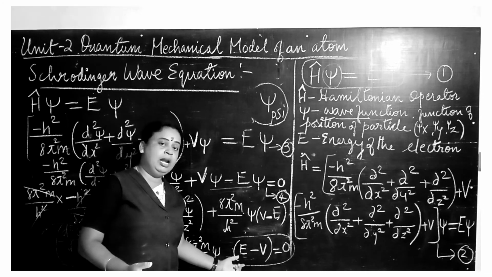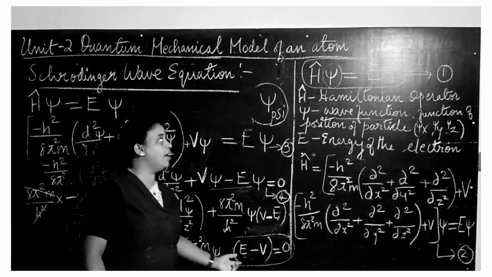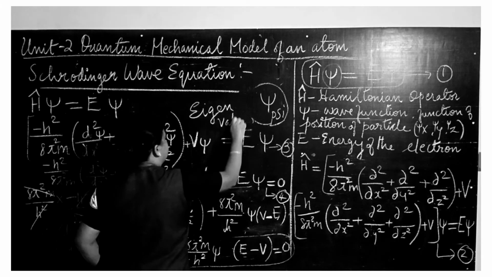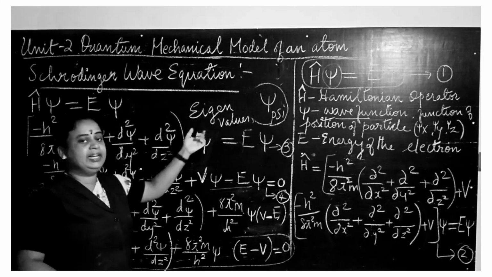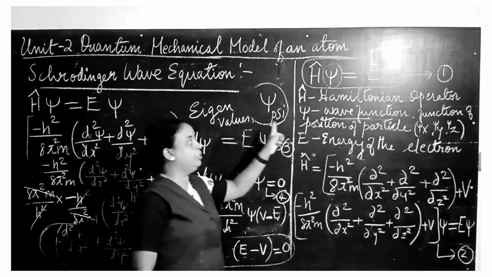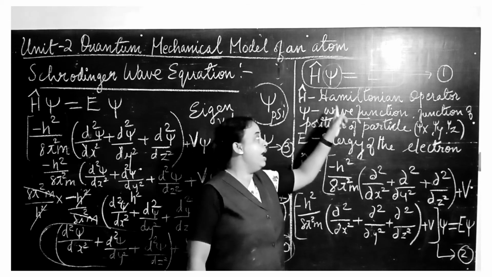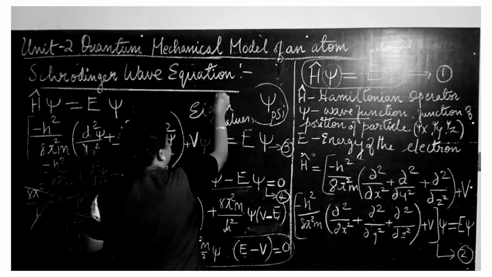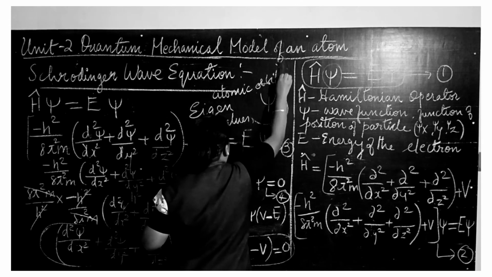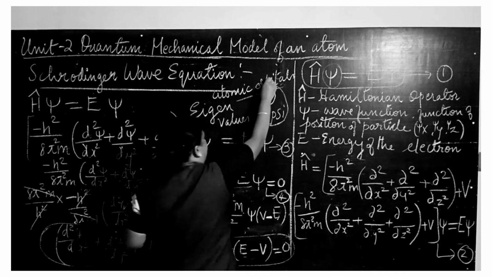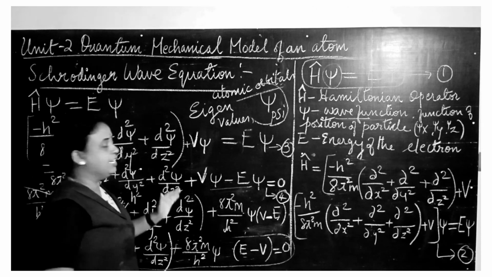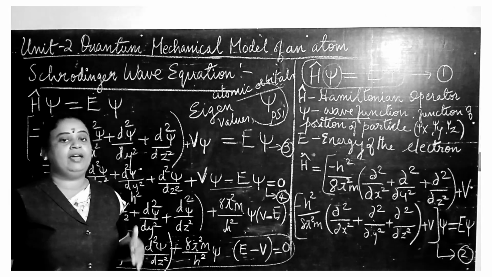Okay, so the total energy, that is the permitted total energy values, is called eigenvalues. Okay, these eigenvalues of energy will always correspond to the wave function. Okay, and this wave function represents the atomic orbital. Yes. Now, regarding the orbital structure of atomic orbitals, we will be studying in the upcoming videos. Right? So that's it, all about your Schrodinger wave equation.